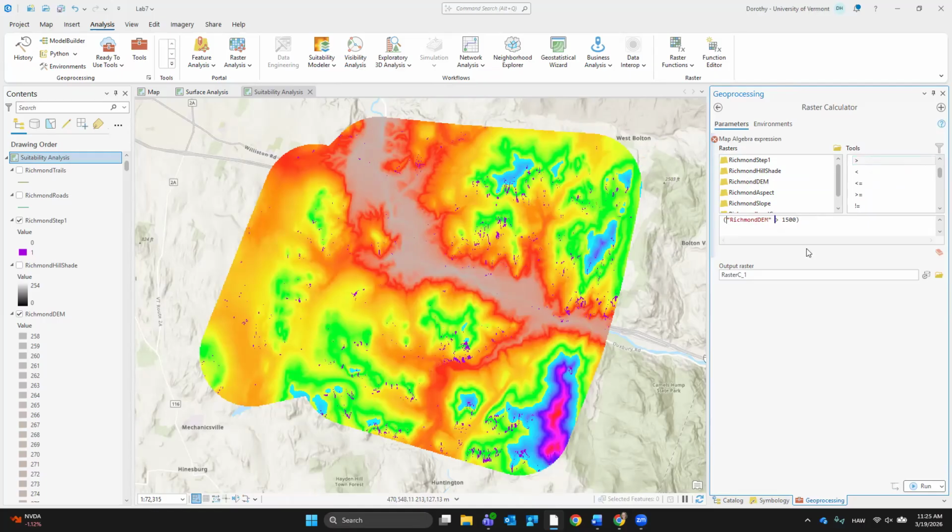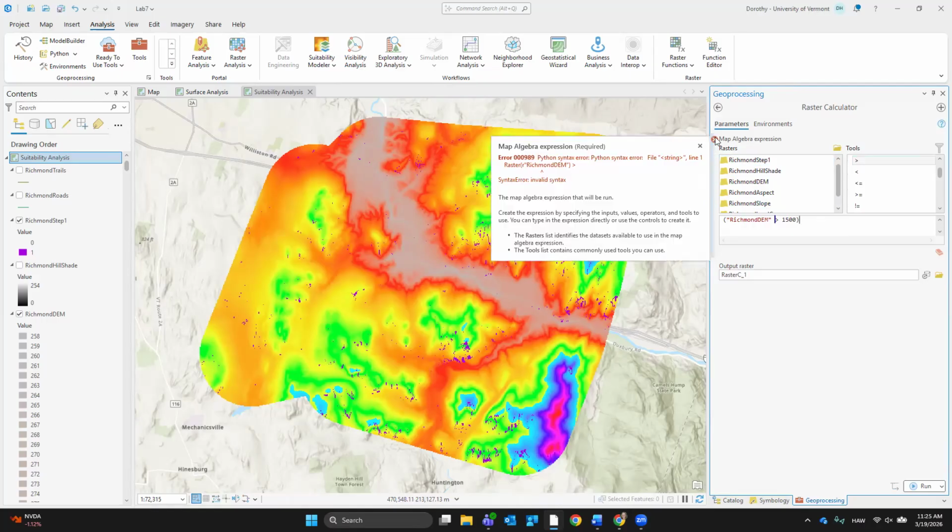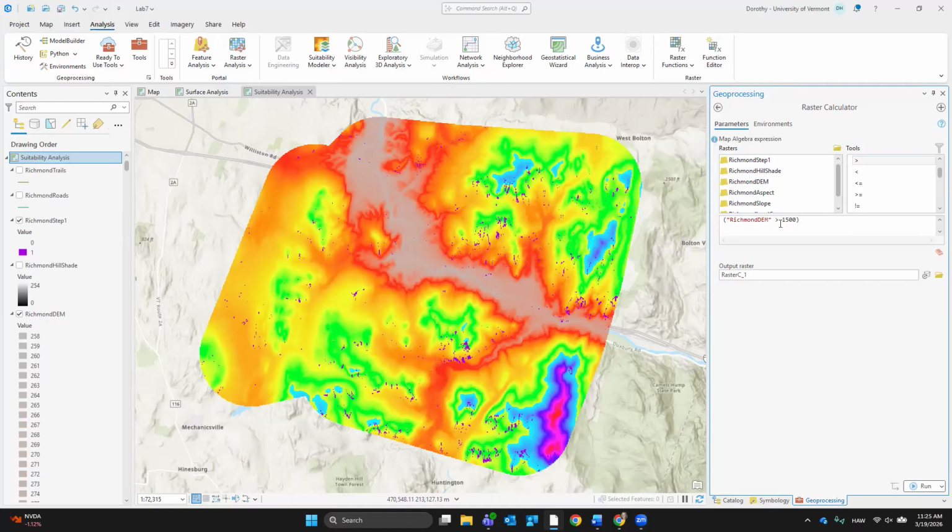Why doesn't it like that? Line one raster syntax error. Invalid syntax. Create the expression. Yeah, I know. This tool list contains the only tool you can use. Okay, why is this? Oh, it's because I had some weird line in there for some reason. Okay. So space. Why does it keep doing that?